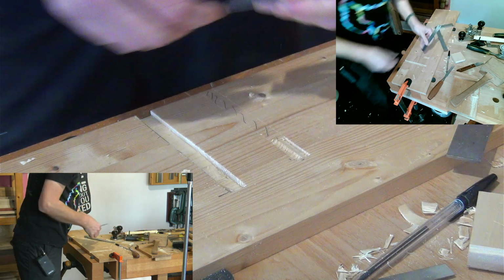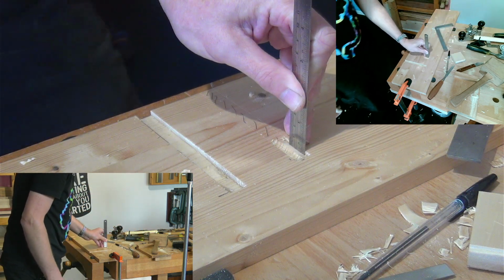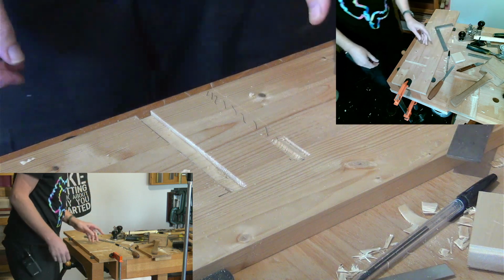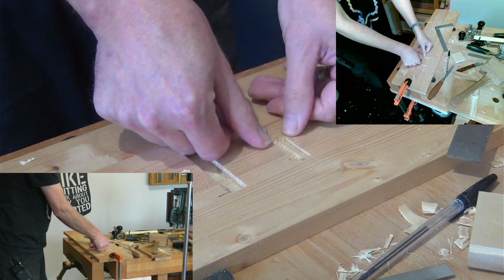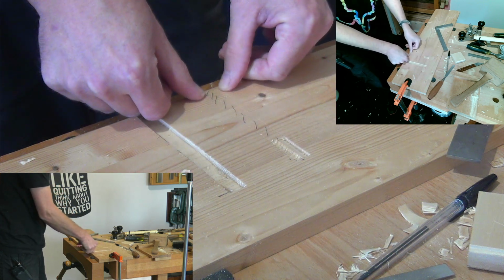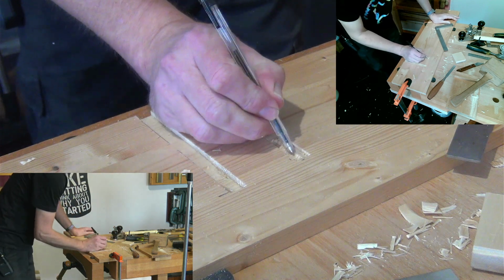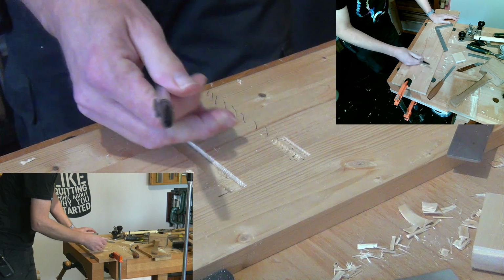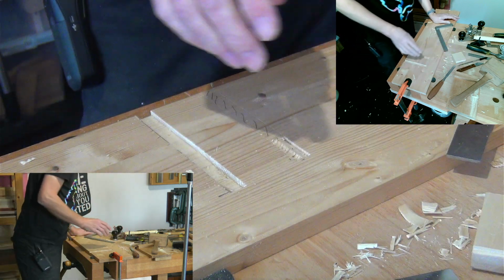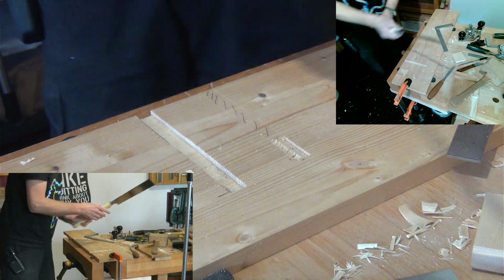And you would continue until you've got the right depth, and you just check that with a steel rule or similar. Now you could actually follow that same process all the way along the housing. Then all you'd be left with is this little triangular area of waste running the length of the housing, and we can remove that. And I'll do that down one side, but the other option is to take the saw,